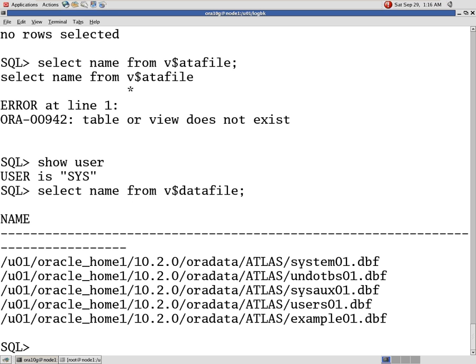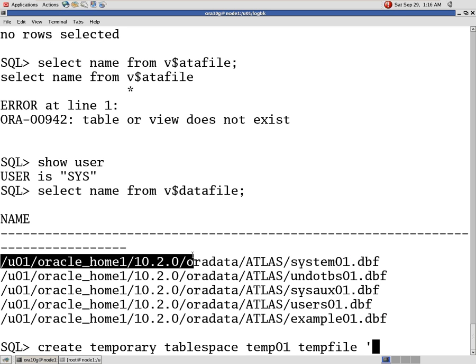Data file. So here we'll create the temporary table space. For the temporary table space we are creating temp01 tempfile, and for the location I'm giving this path under u01 at the class directory.